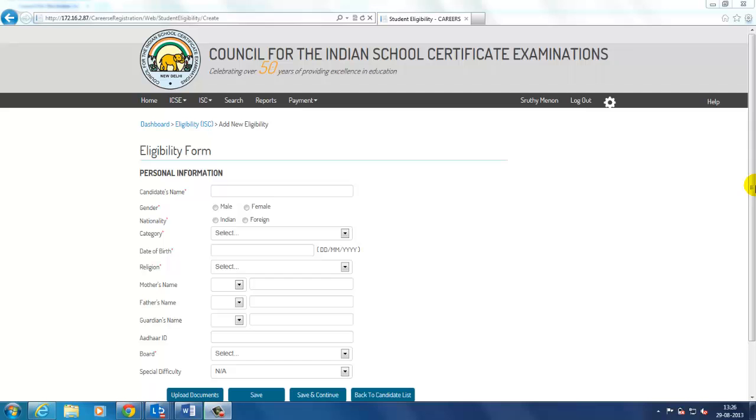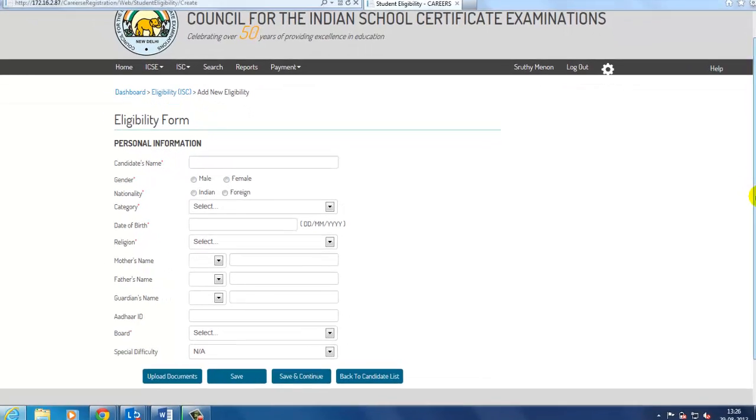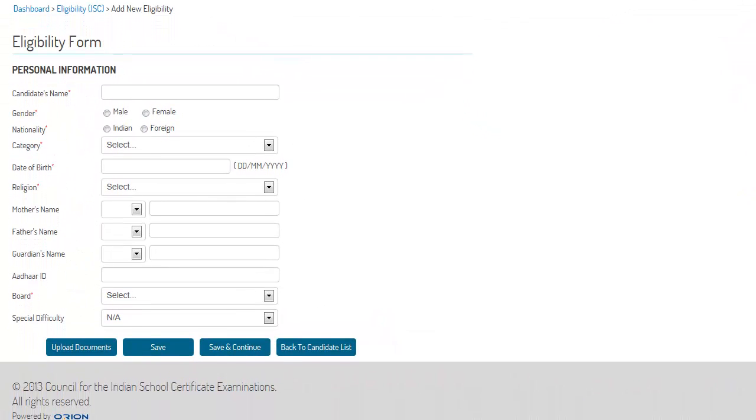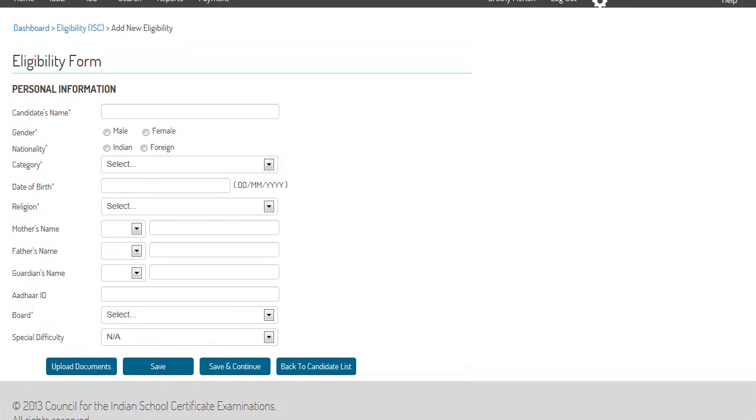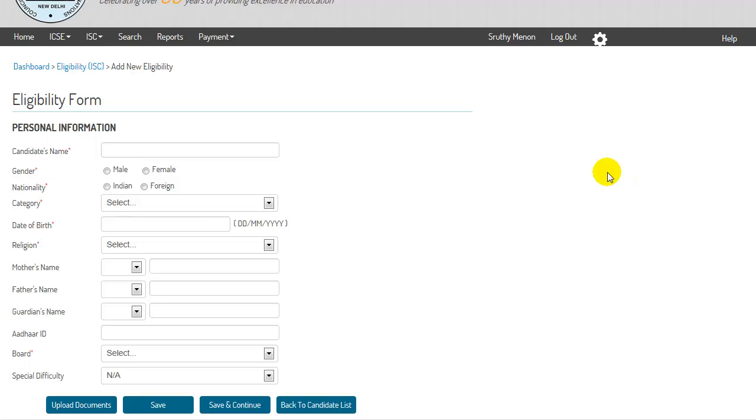This will take user to the eligibility request form where user can enter the candidate details. Let us go ahead and enter the details for a candidate. Under personal information, enter candidate's name. Select gender, nationality,